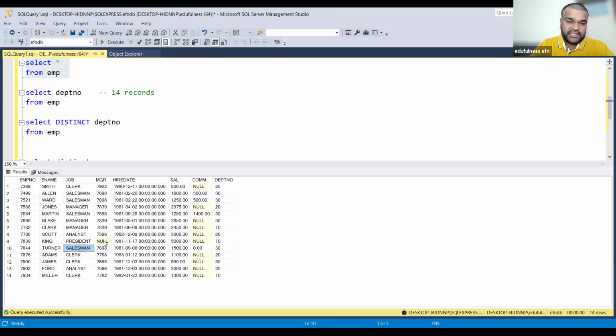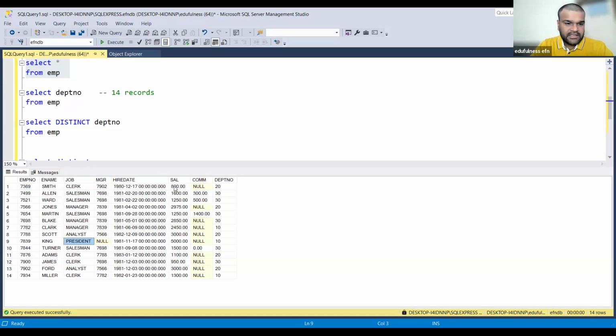It is not at all related to zero. For example, take this particular record, president. He is the main person in that organization, so he doesn't have any manager. That means the MGR column is not applicable for him, so you didn't insert any data for him. Not applicable is one case.